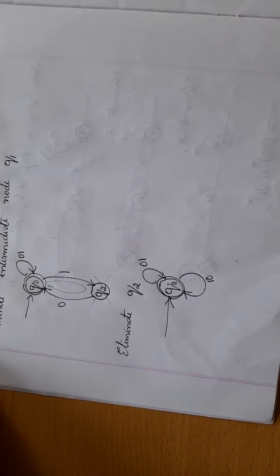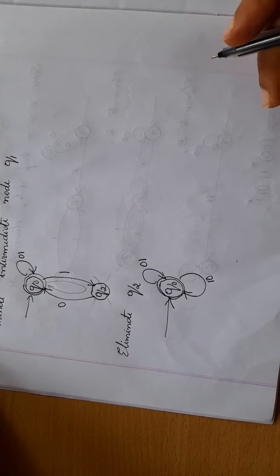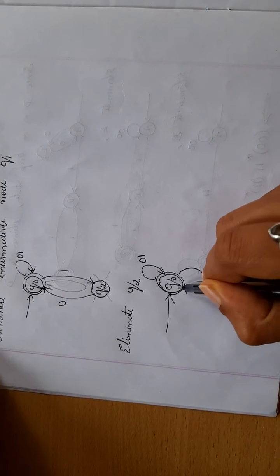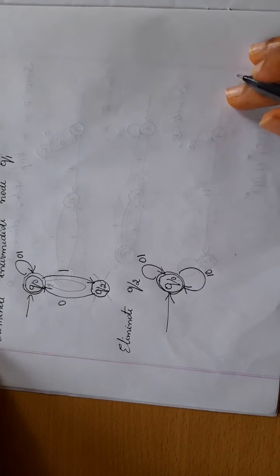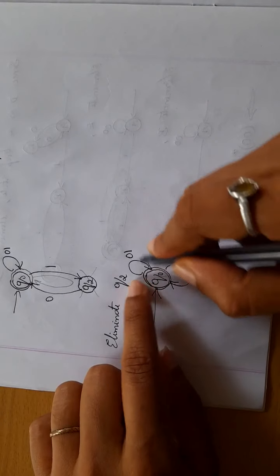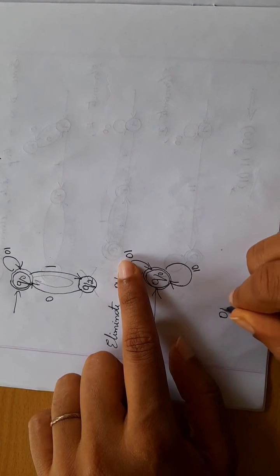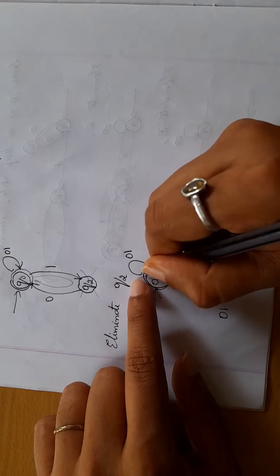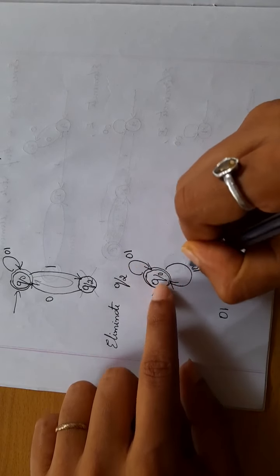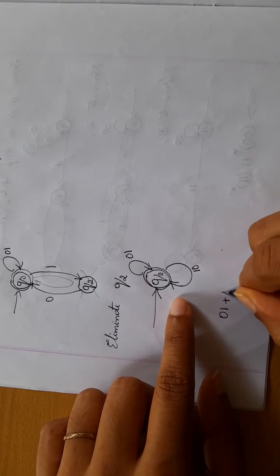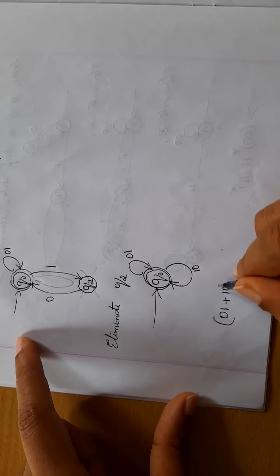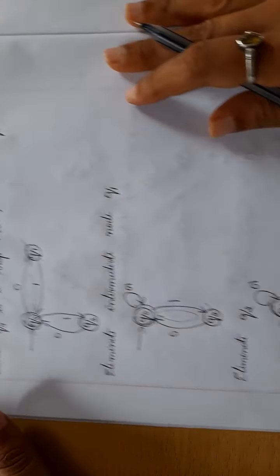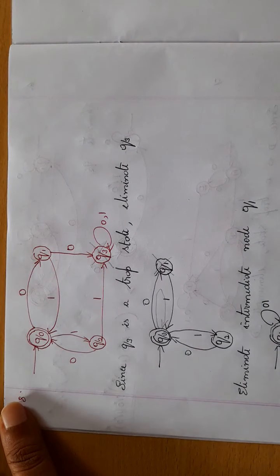Now I have eliminated all my intermediate nodes. So we shall write the regular expression. This itself is the start state and the final state. So my regular expression is Q0, with a loop of 0, 1, and one more possibility, that is 1, 0. So either I can have 0, 1 or I can have 1, 0. Since it is a loop, it is 0 or more occurrences. Okay, so this is the regular expression for this particular FSM given.